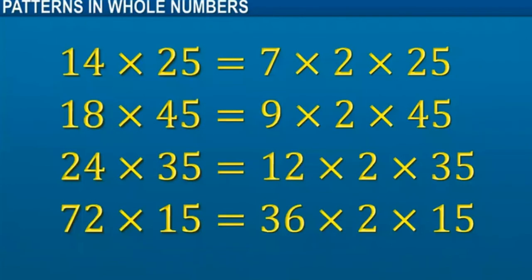Using the associative property, we can group the numbers to multiply a number ending in 5 with the number 2. Okay, so what is here? And another pattern, that is 14 into 25, like that numbers are there, and we can see the first numbers